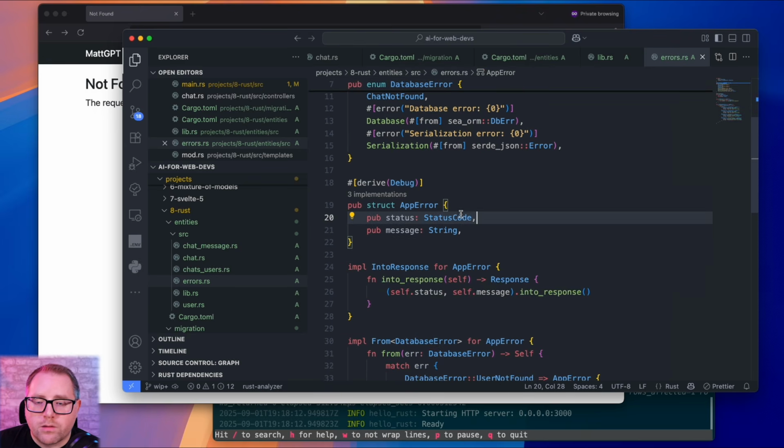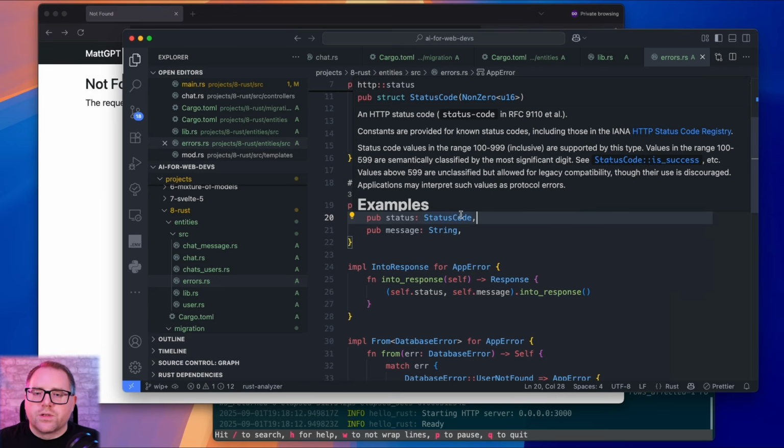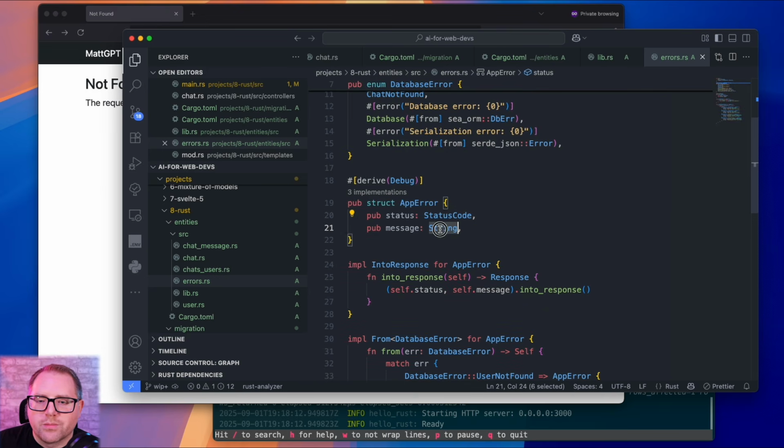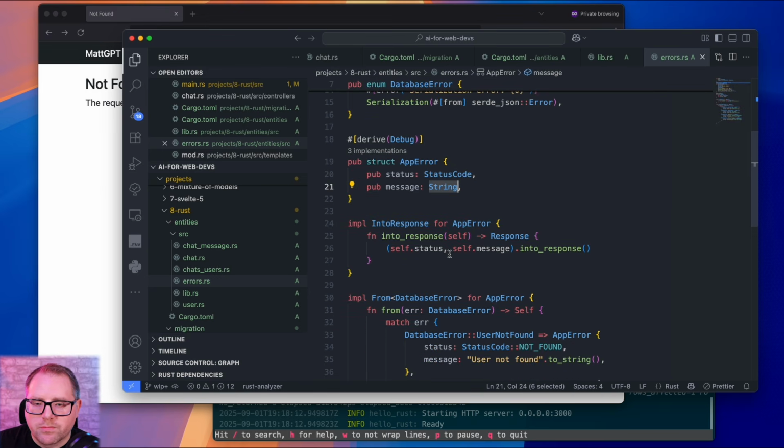And then we're also going to have an app error, which is going to be like our status code and our message. And we've got some wiring up here. So into response, similar to that template, right? Where we're going to return the message and the status code.